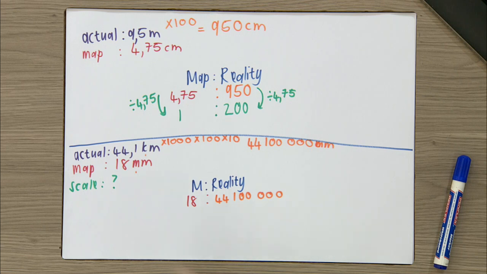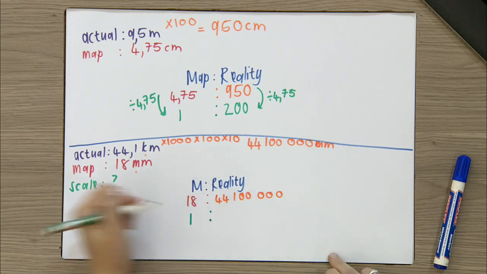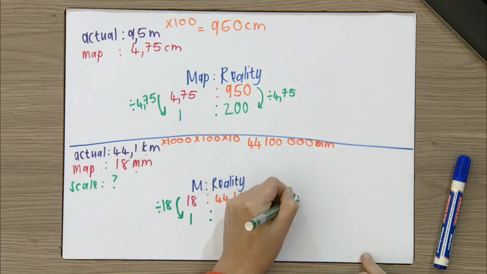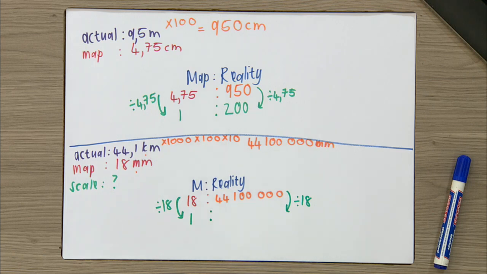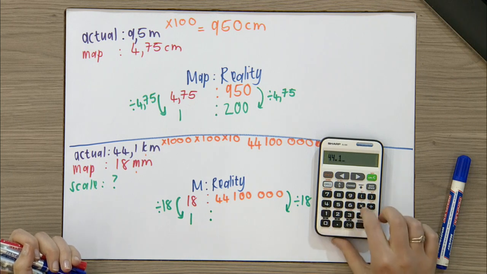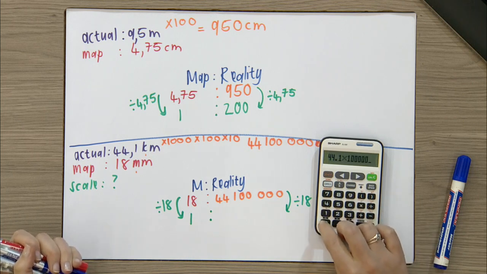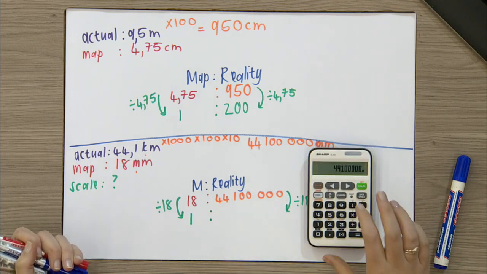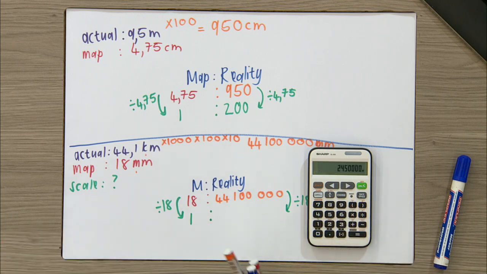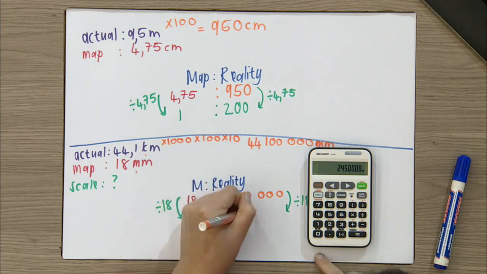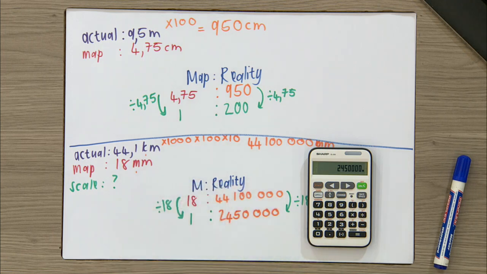And then they ask me in the form of 1 is to something. So to go from 18 to 1, I'll divide by 18. And that means I'll divide by 18 on this side as well. So if I take my 44,100,000, just to show you how I got to that, and I now divide that by 18, I get an answer of